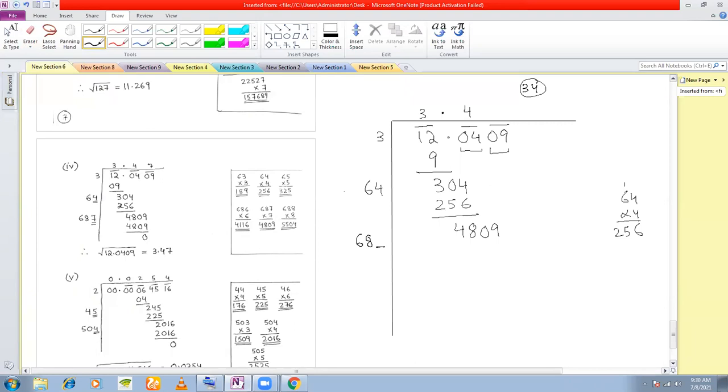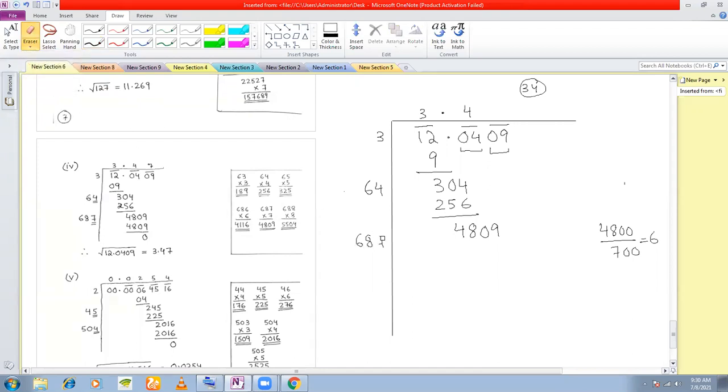Now we need to put a digit here. What digit should we put here? Again, 4809 is very close to 4800, right? And 6, if you put a 0 here mentally, you get 680. 680 is very close to 700, right? So now we get a quotient here. What is the quotient here? 6 into 7 is 42, so 6. So either we have to put a 5 here, or a 6 here, or a 7 here, right? So let's see which one.